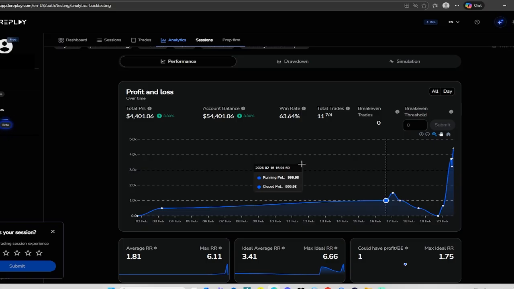So, let's go over this. Overall, not the best backtesting session I've had. We did end up really locking in at the end. Took a little break, and we did end up locking in at the end. But in the beginning, we were also doing good, and then I just started rushing too much. I wasn't setting any break-even points. Now I'm thinking back, I don't know why. But we did end up locking it in at the end. We got a really nice short. And we ended up with a